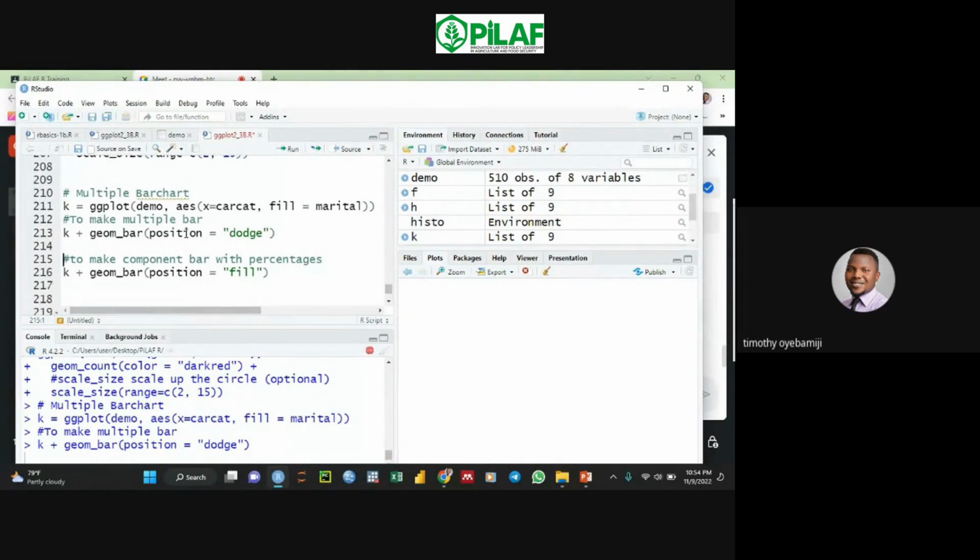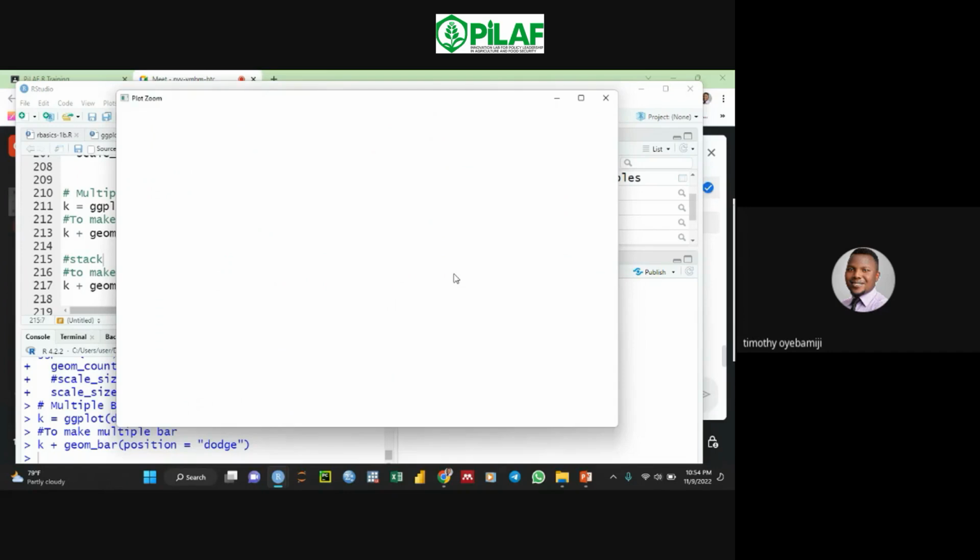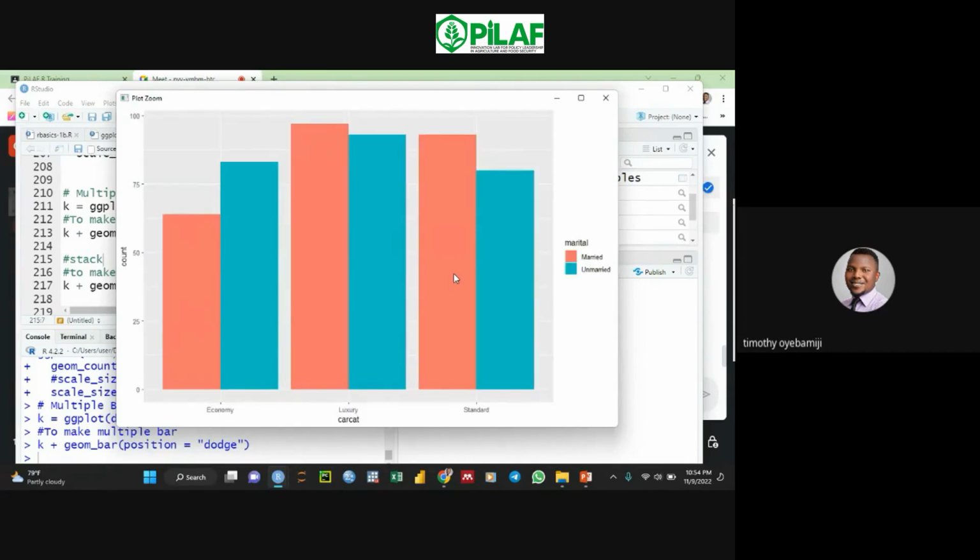There's another option for stack. If I'm correct, stack. I don't know if this is the spelling, but okay, let me zoom. Stack. What stack will do is put it on top of each other. That's a composition chart. So we have married in pink, unmarried in green. Well, so the married people use less economy than the unmarried. While for luxury cars, married people use more luxury cars than the unmarried. While married people as well use more standard cars than the unmarried. Okay, that's for